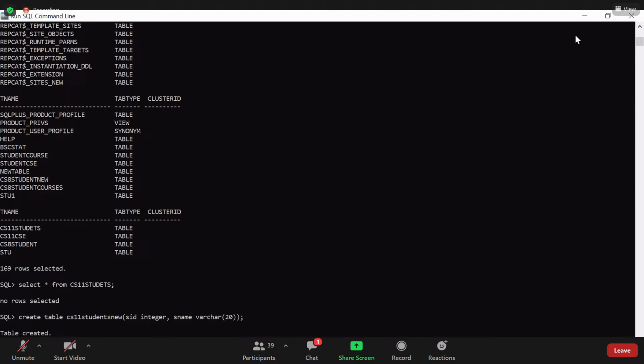Renaming the table is also possible with the alter command only, but we have to specify the keyword rename. I think I have finished even the truncate command also. That we will check later. First of all, we will insert some records into the table.